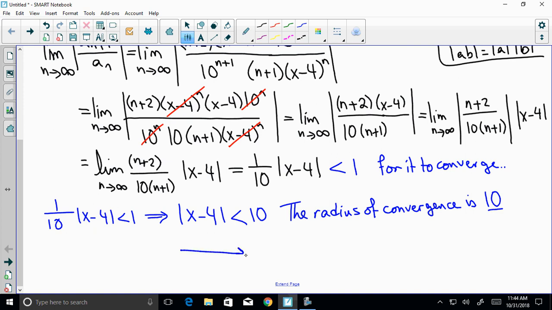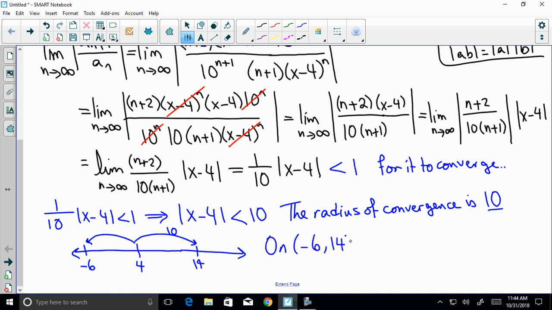So where was the center of this series? What was the center? 4. And the radius of convergence is 10. So I can go 10 to the right. And if I add 10 over here, what number am I going to get? 14. Or I go 10 to the left, negative 6. So now I know this. On negative 6 to 14, the power series